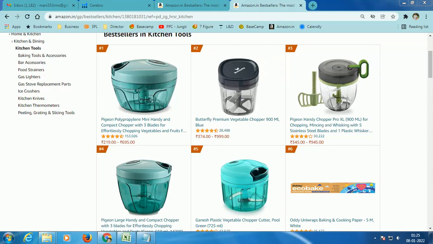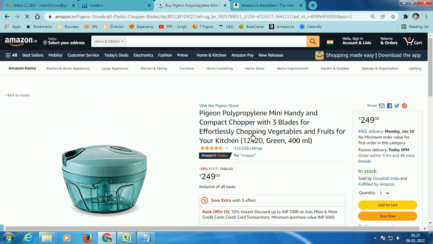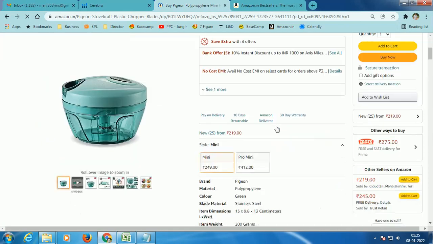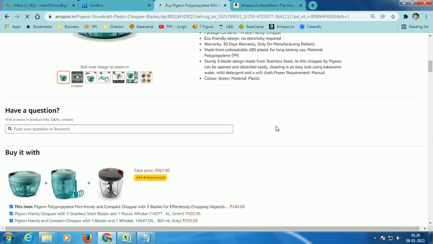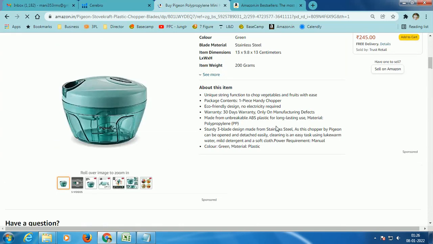Before starting this master keyword research process, I will tell you where you should be starting your keyword research, right? Now, in order to start this process, the best thing to do is always get to your best sellers. Let's say in today's session, I want to pick this product, which is a vegetable and fruits chopper, right? Now let's look into this listing. The goal in this session is to do a master keyword research for this specific product.